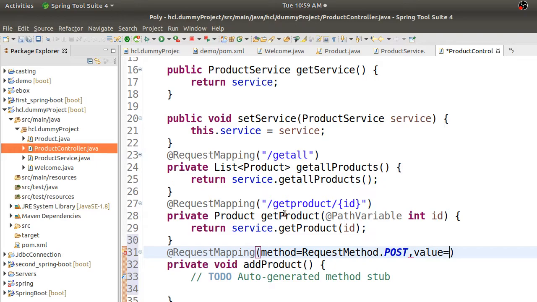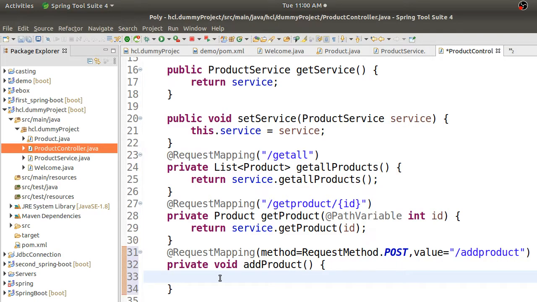So value is equal to slash, say put product or add product. I'm just adding that product there. I'm not adding a product with some ID, means I'm not updating anything. I'm just adding a product. So for that I have just used this URL mapping, and here I will just return